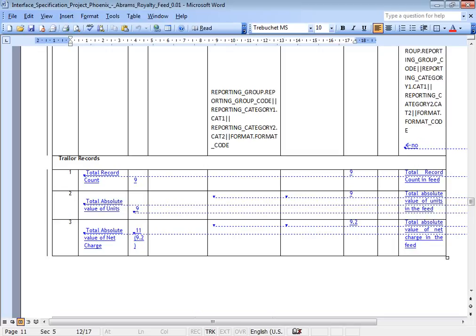When it comes to Abraham's royalty, this will be monthly, calendar month. That means it runs on the 31st, month end of the particular calendar month, and the data will be from 1st of October to 31st of October. This is sales data. That means invoice completed orders? Invoice, yeah. Those orders which were shipped and invoice has been generated, for owner AB, since it is an Abraham feed, that information will be captured in this one.